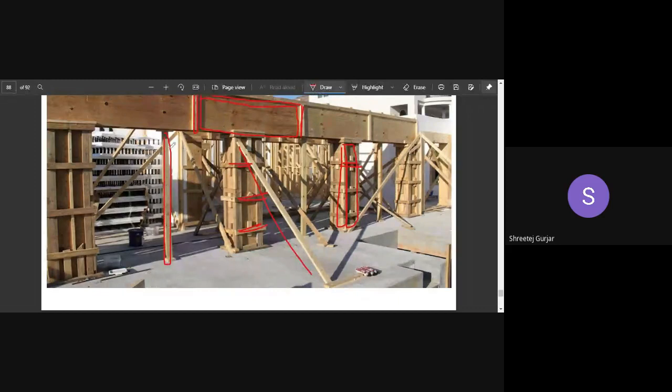Okay, so this particular vertical prop which is present over here. When you go and order this particular support which you are seeing here, you tell them the total length in meters that you require. You can see 3 vertical supports are provided here. Suppose this height is 3 meters, so it will be totally 9 meters which you will be requiring.